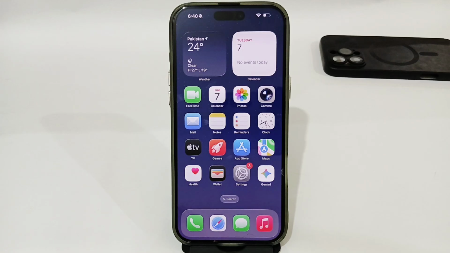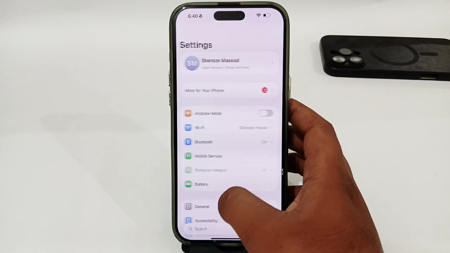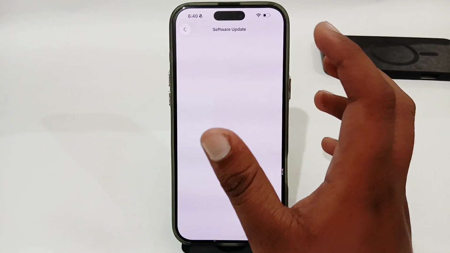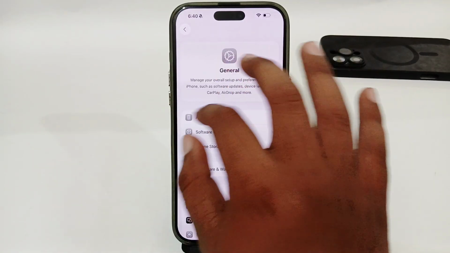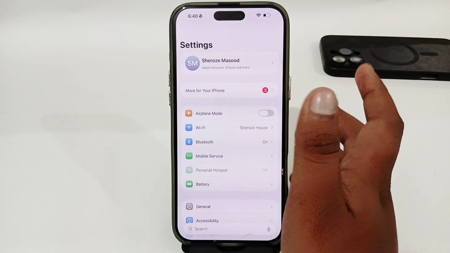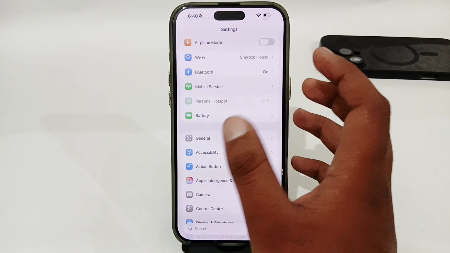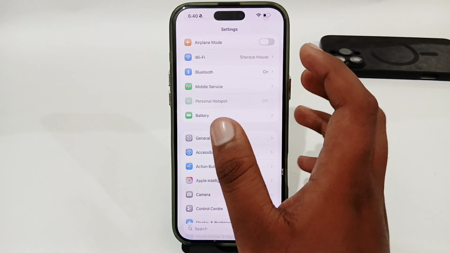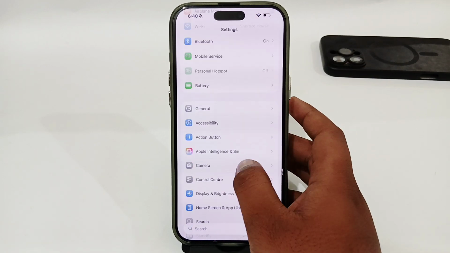So the first way is that you have to open up your settings and make sure that you don't have any software update available, because sometimes your software might have pending updates, and that may cause these types of issues. So make sure that you don't have any software update, and once you have checked,